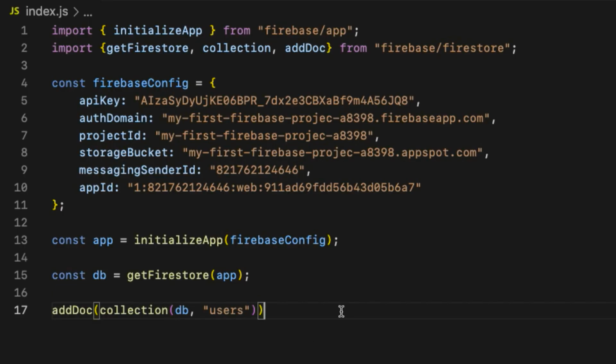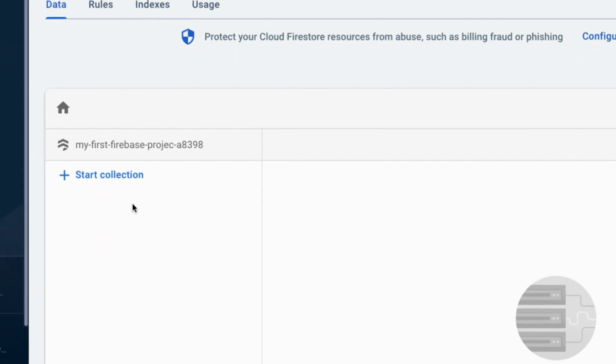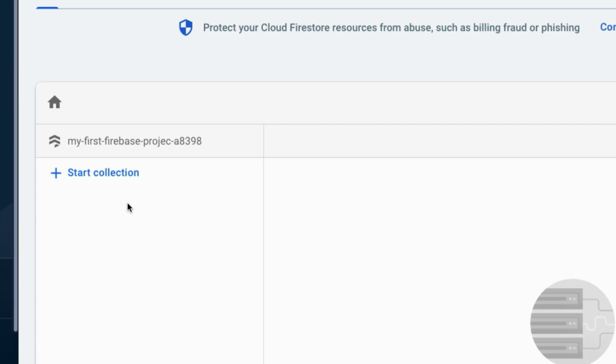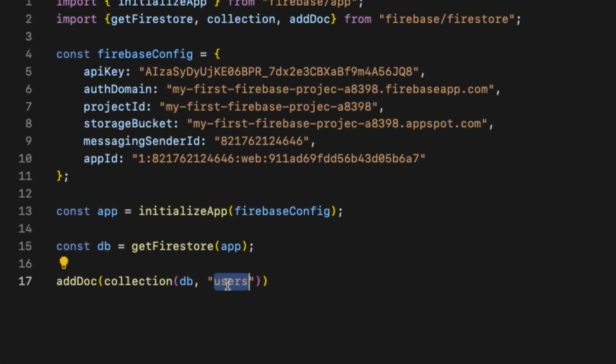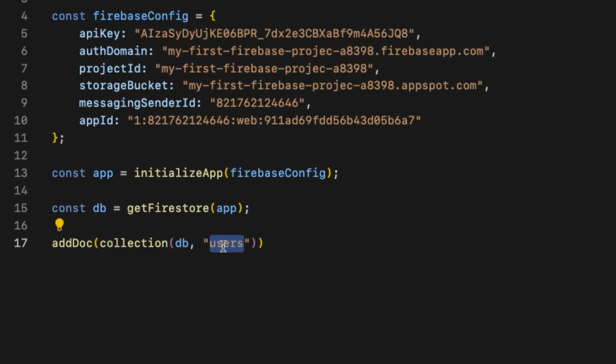At this stage, you may wonder, if you look at the Firebase database page, there is no collection called users. So how can we add data to a collection that doesn't exist? Well, when you try to add data to the Firestore database with the collection name specified in the query, Firebase will try to find that specific collection inside the database so that it can add data to it. On the other hand, if Firebase cannot find the collection name, it will create a new collection with that name and add the data inside it.